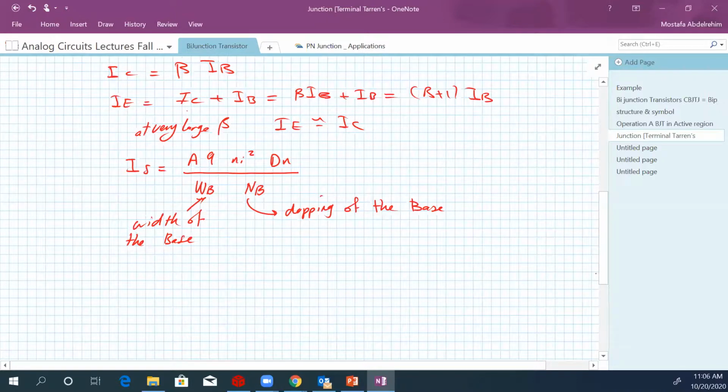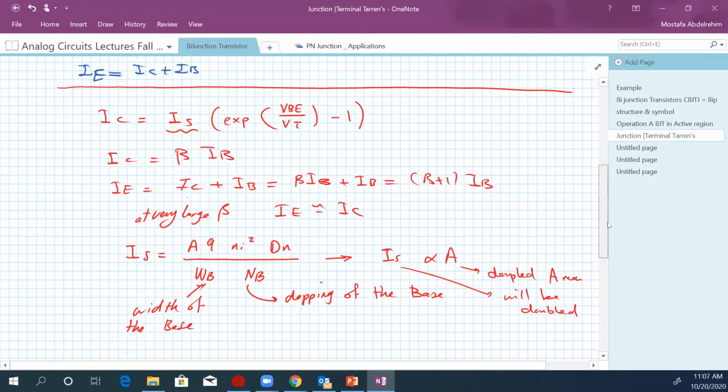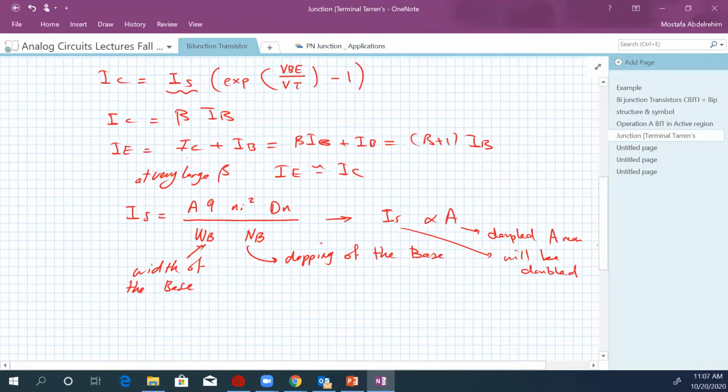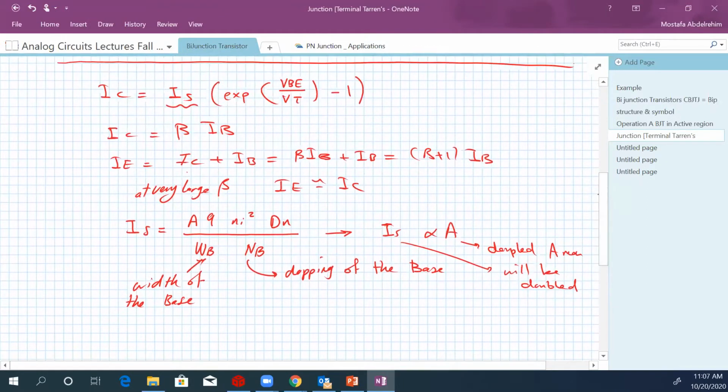Yeah, that's it. So this is IS. Again, the observation here is that IS is dependent on the area, just like what we have in the midterm exam. So if you double the cross-section area of the transistor, IS will be doubled as well. Okay, so I'm gonna publish a very small homework,